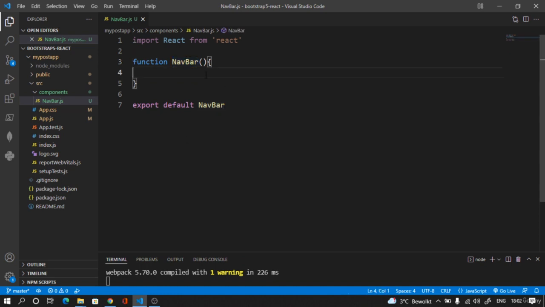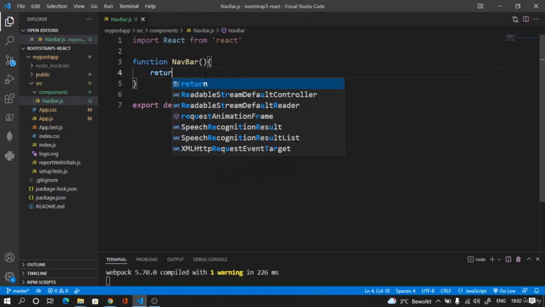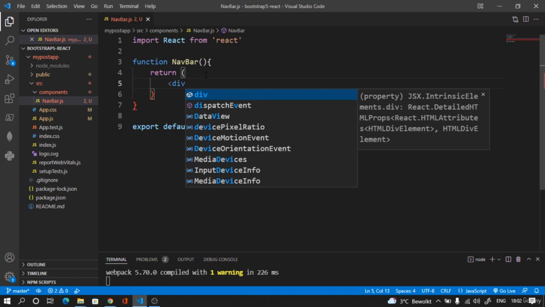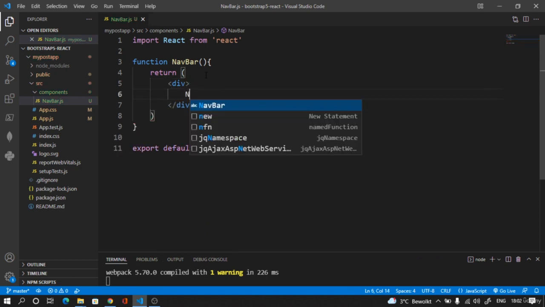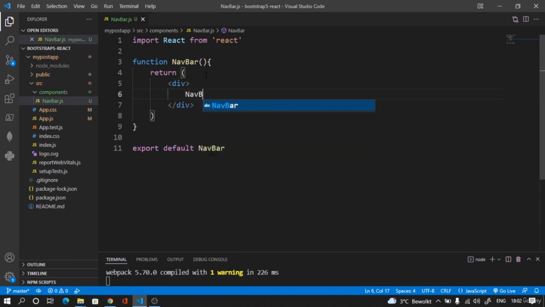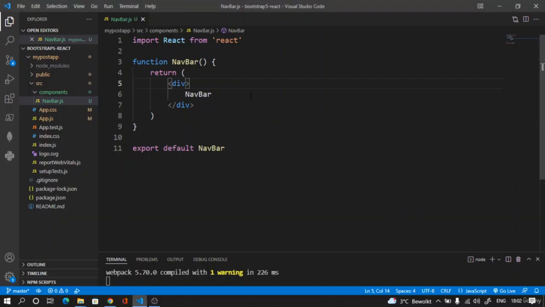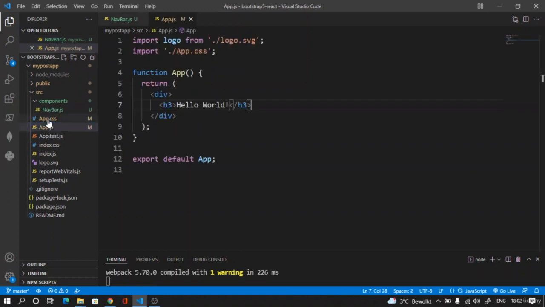included in other places. And next very important thing, as we already mentioned, you have to return a JSX from here. So it should be like this in the brackets, and make sure the JSX is surrounded by a parent. So we will give a parent to this, and for now I will just say Navbar. Save it. And if we check the browser, nothing will happen on our application because we haven't imported this in our app.js,